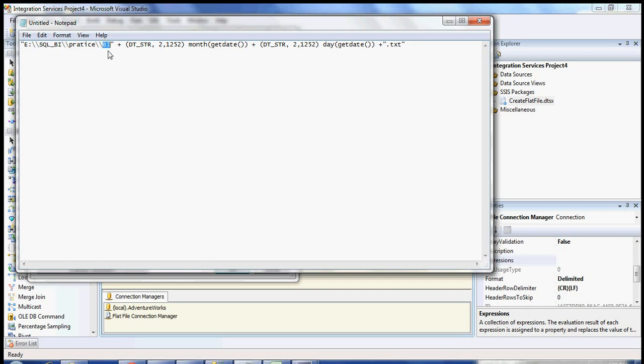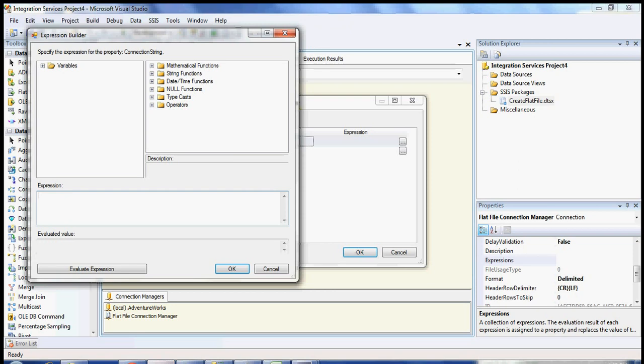Now this is my file name initial, bi. So this is the folder in E drive, SQL bi practice folder. You need to put double backslash, and you need to put in double quotes whatever is hard coded. So this is my hard coded part. If I evaluate this expression in Visual Studio, it shows me the path: E, SQL bi practice, and bi is the initial name of the file.